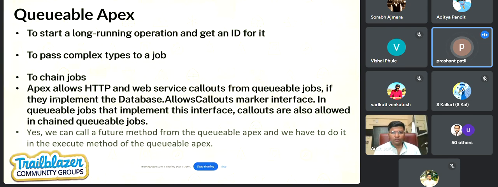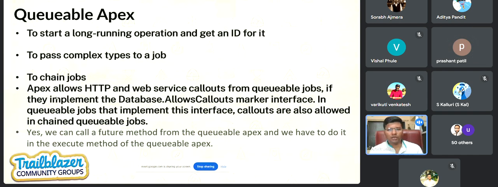The scenario was, I have written a trigger, and I'm calling that queueable class from the trigger. There is an updation of 2,000 records at a time. So whenever order details is updated or an order is created, we are importing 2,000 records to the Salesforce order, and we are calling the third party system, sending the details to it. My question is, are we blocking 2,000 records at a time for that queueable Apex or not?